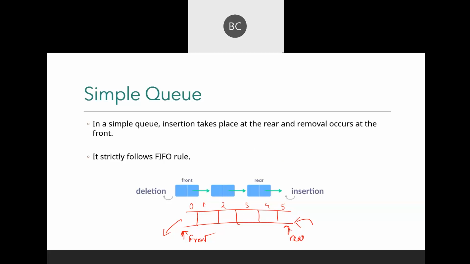We add items. For example, I'm just adding 2, 2, 7, 8. These are the items I have inserted into the queue, and accordingly the rear is currently here. Now what is the overflow condition?